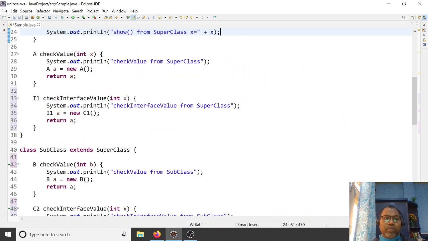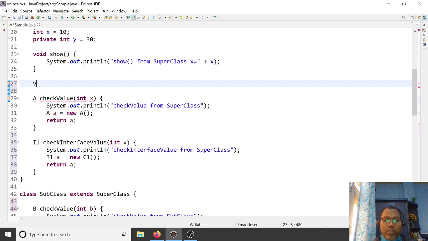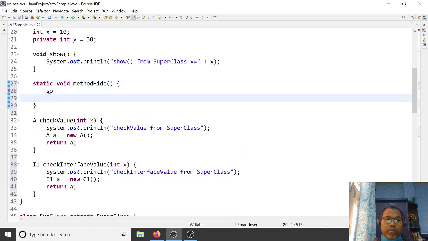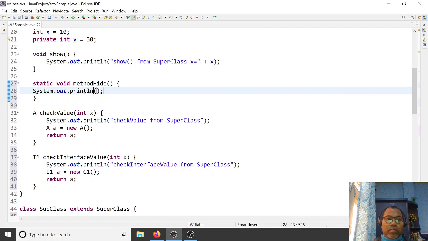Here you have defined one static method. Let's define a static void override method height, and a static method height in the subclass, printing from superclass.